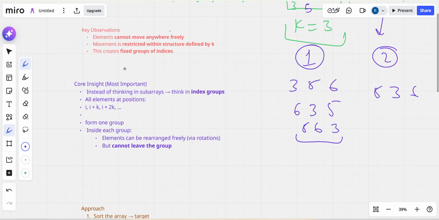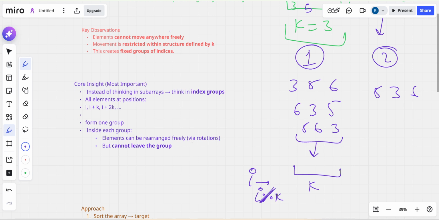So what is the most important thing? Instead of thinking in subarrays, we have to think in groups. So what are the groups? The group is simple. If i is the index, then the group will be i divided by k, not i mod k, meaning how many times k divides i.